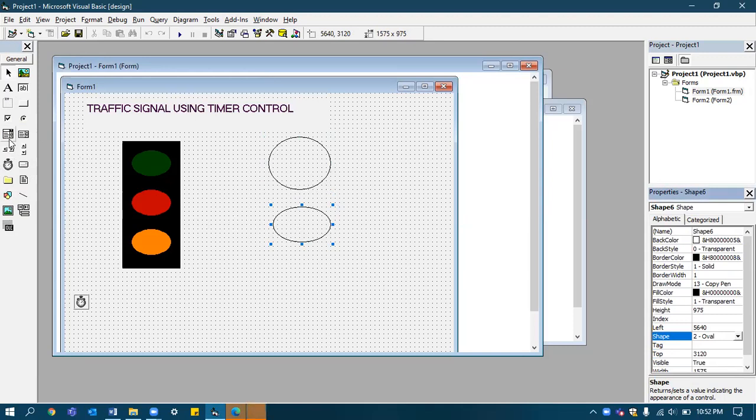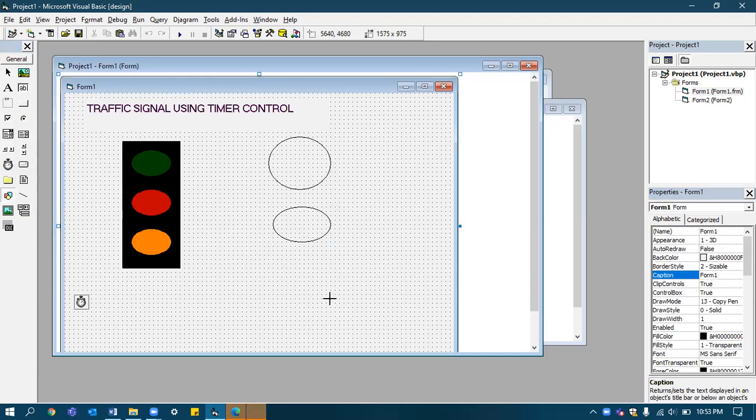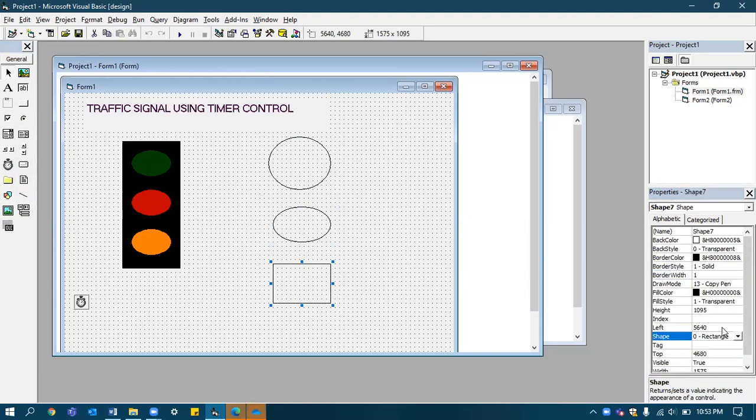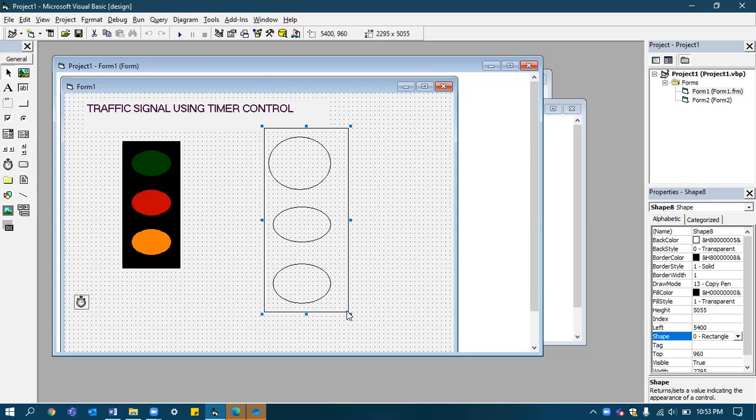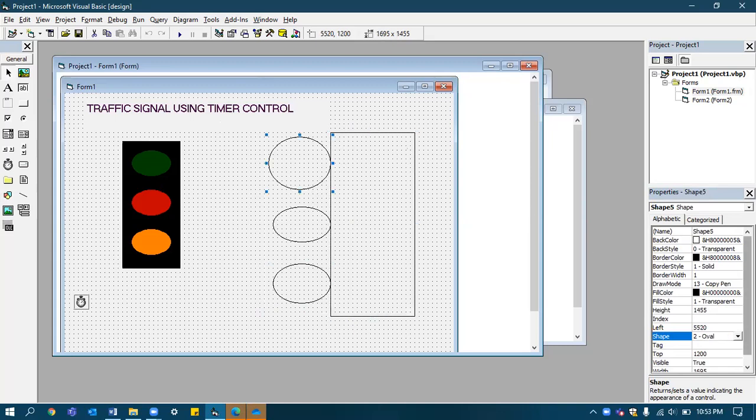One more time, select the shape option itself, place a shape and change that to oval. Now you have 3 shapes, so you need an outer rectangle for this. Click on this and place the outer rectangle.